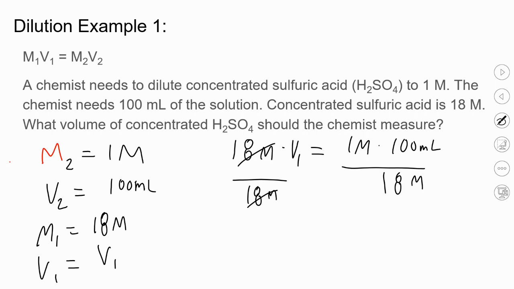Since it's 1 times 100, it's just going to be 100 divided by 18. Good, and then if you're watching the units, the big M cancels out, and we get just milliliters. So this problem we don't have to convert to liters. All right, what did you guys type in?